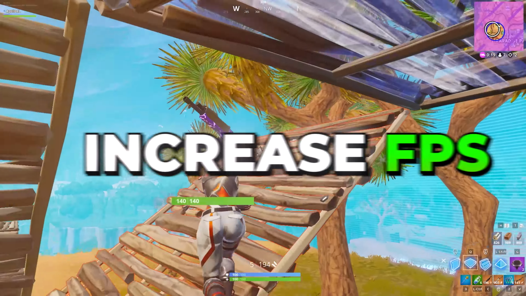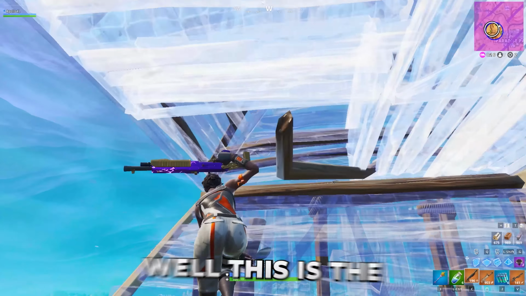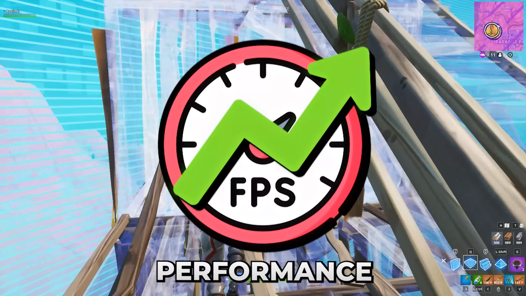Do you want to increase your FPS, decrease your input delay, and ping in Fortnite Chapter 6? Well, this is the EXM Free Tweaking Utility, a tool which will help your PC achieve better performance and lower